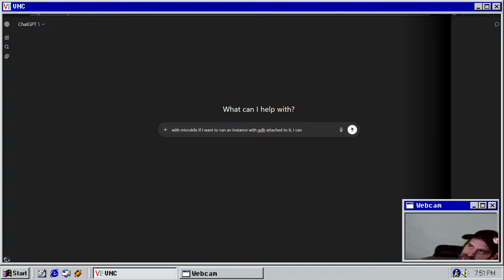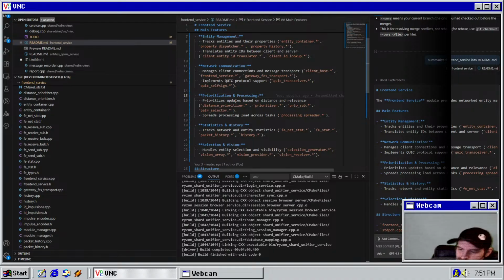You can run the process in a dev container and have it connect to a micro Kubernetes instance that's outside of the dev container in your main OS with the debugger attached. I've done that. Yeah, I have existing code that does that. So you can do full dev environment without ever having to,